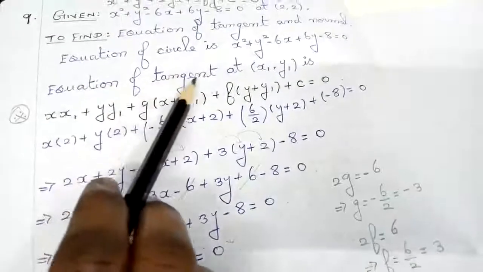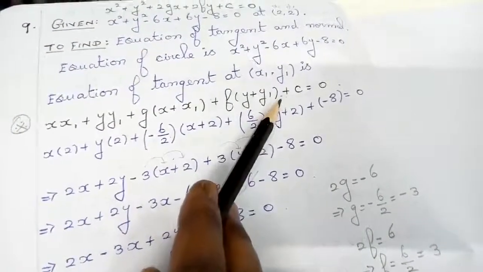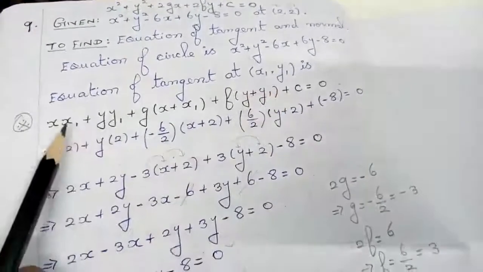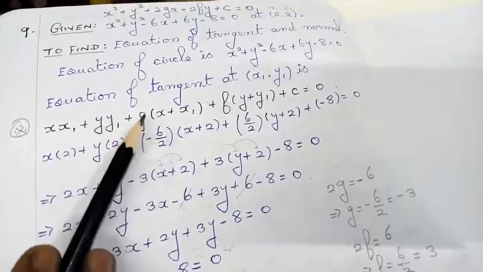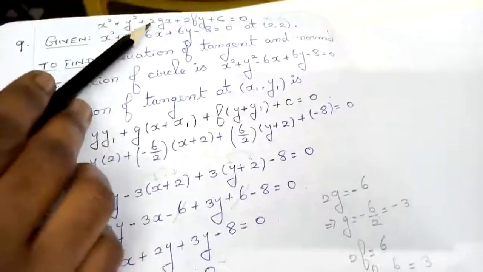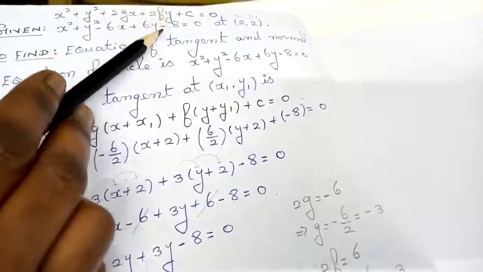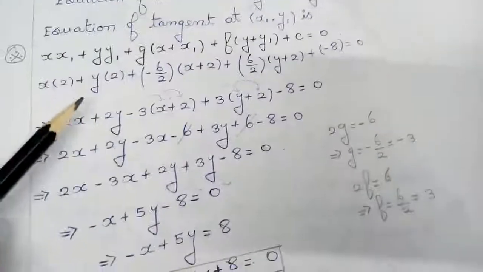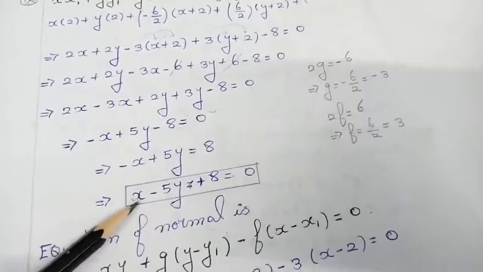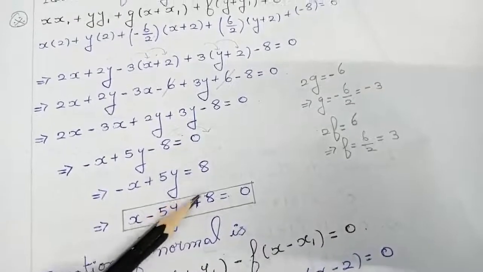So the equation of tangent at (x1, y1) is this; this is going to be the formula for the equation of tangent. And in place of x1 and y1, you are going to give the value as (2, 2). So x1 is 2, y1 is 2, and I am finding the values for g, f and c. And what is the way I am finding this? I am just comparing here. Here 2g is equal to minus 6, 2f equal to 6 and c equal to minus 8. In this way, I am just comparing the values and finding them out. After finding them, I come to my calculation. The final value is going to be x minus 5y plus 8 equal to 0. That is going to be the equation of the tangent to the circle.